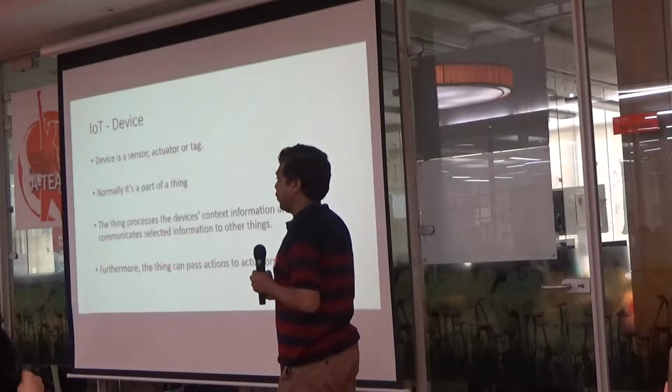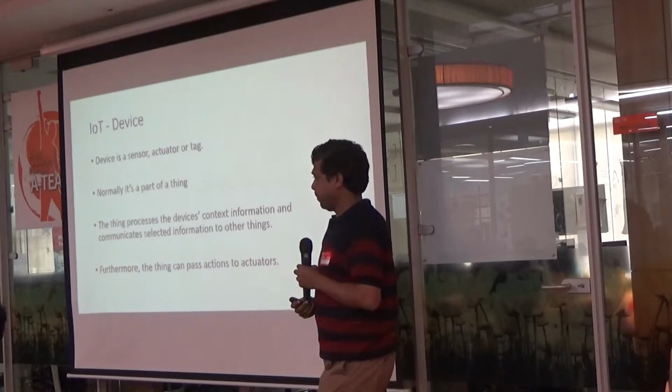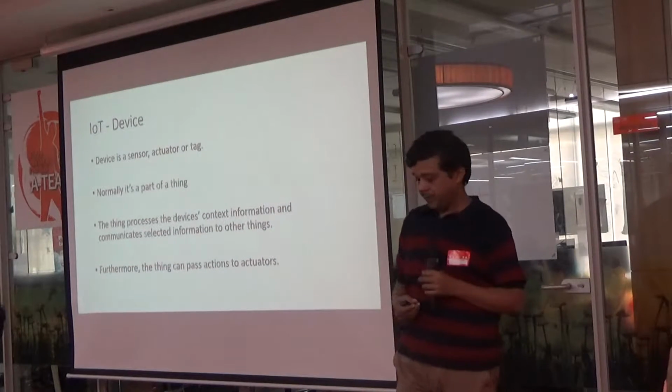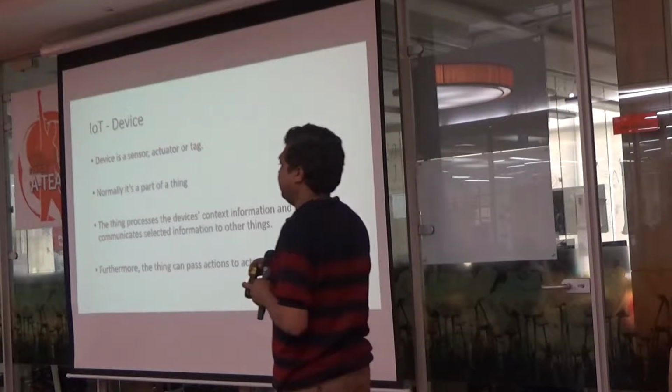Beyond the sensor. Sensor is the basic thing. Let's say no lights are there. When we go, lights on, lights down, lights off. It's a basic sensor. But beyond that sensor,